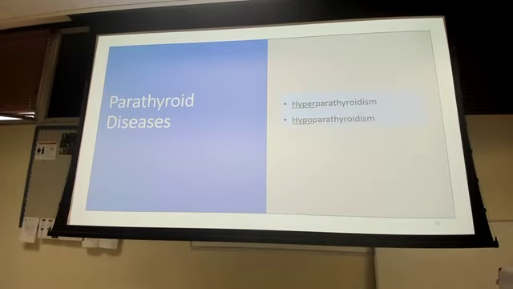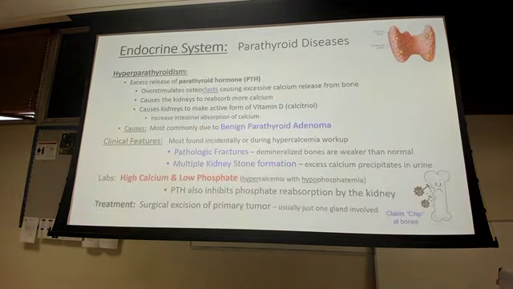All right, parathyroid diseases. So hyperparathyroidism and hypoparathyroidism. The parathyroid glands sit in the thyroid, but they're not made of thyroid cells. They're different types of cells, but they're in the thyroid. When we have a parathyroid gland that's making too much parathyroid hormone, PTH, it's going to cause a lot of